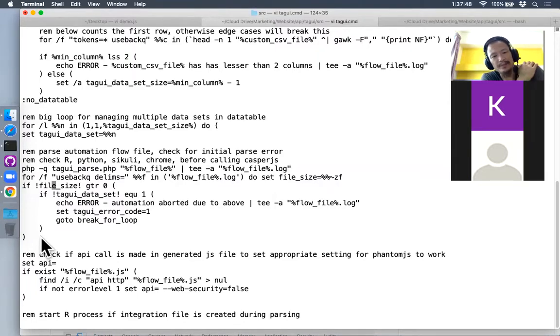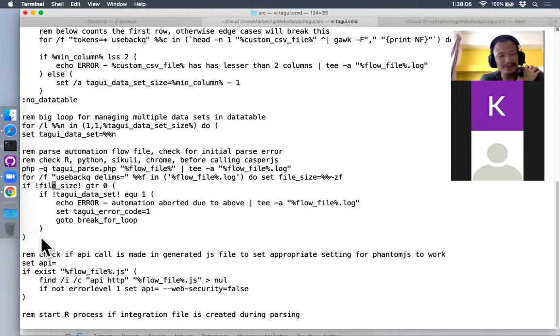They actually don't have PHP. They remove PHP, so users will have to install PHP manually on their own. What that means is they will get a newer version of PHP, which will run into a problem with TagUI because the code base wasn't tested with the latest version of PHP. So for changes like that,